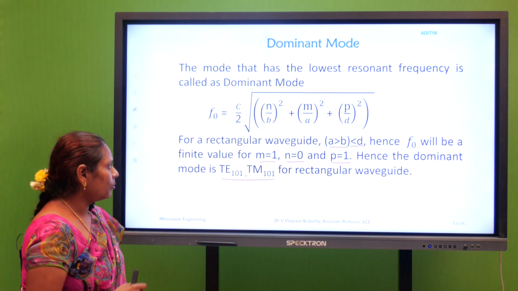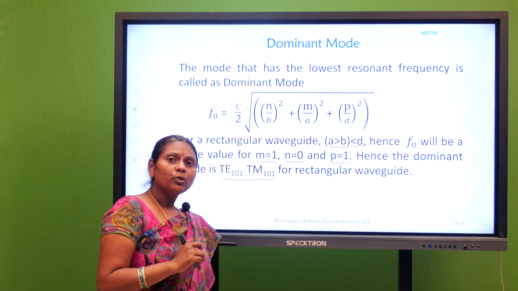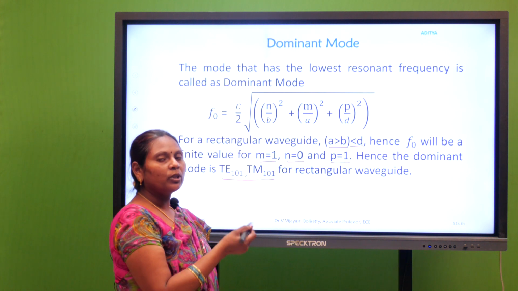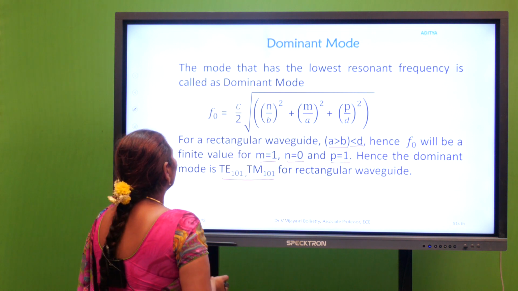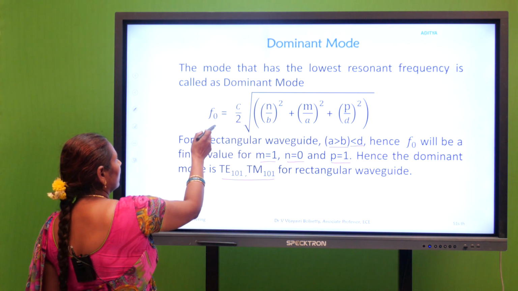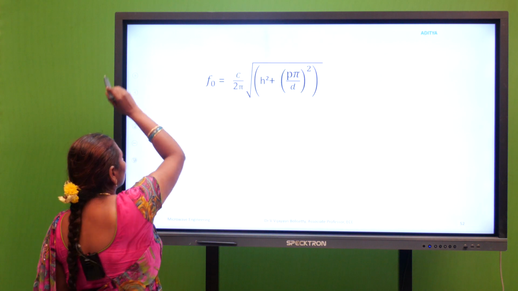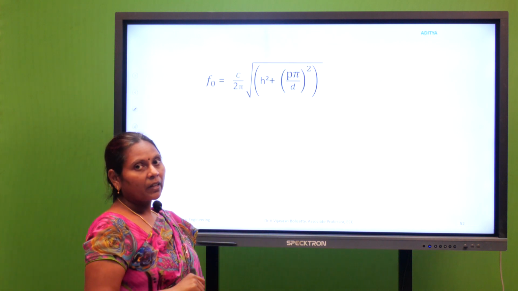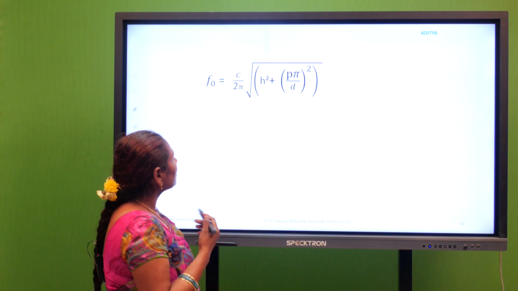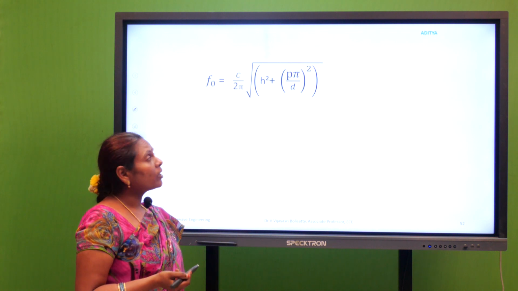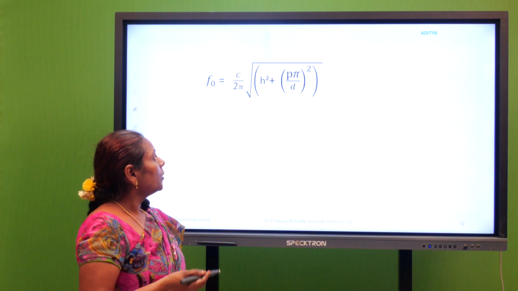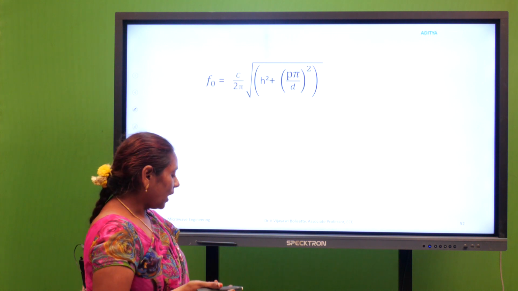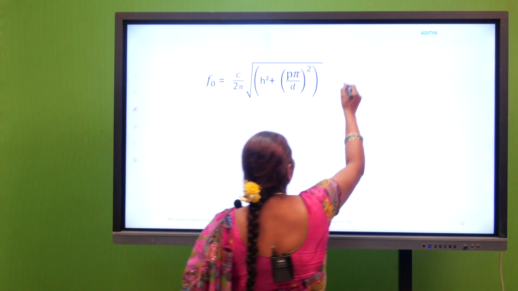So, this is the dominant mode for the rectangular cavity, and in the same way we have to derive the dominant mode for the circular cavity also. For the circular cavity, we take the resonant frequency, which is defined as F0 is equal to C by 2 pi root of h square plus (p pi by d) whole square. And if you take for TE,